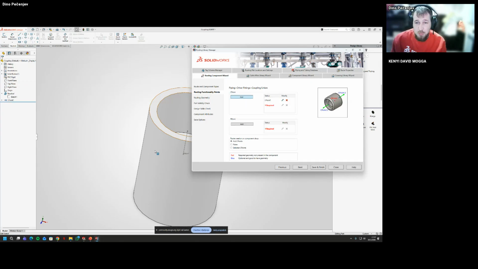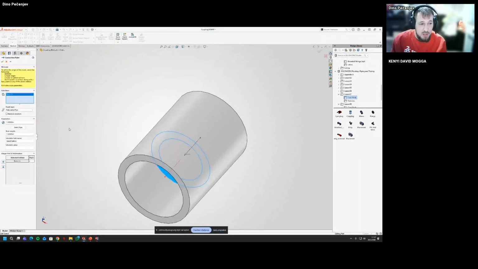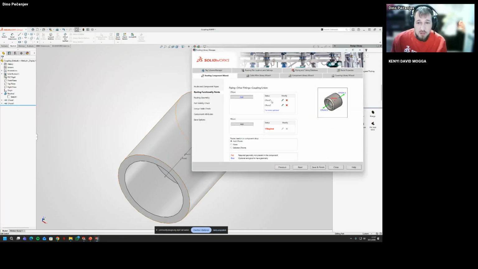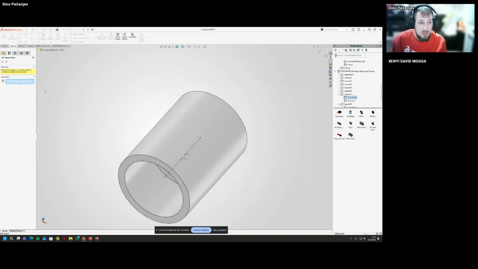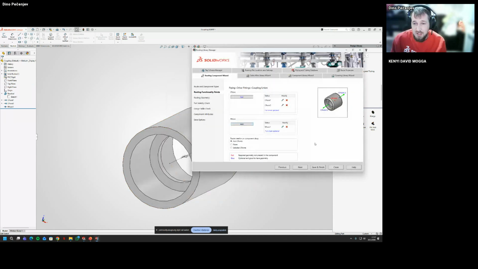We need another. So we're going to create the same thing, but on the back side. Again, PVC pipe is going to be used for this part, and we need a routing point. For the routing point, I can actually use the origin here. So that part is going to be utilized here. We can add more. It's optional.